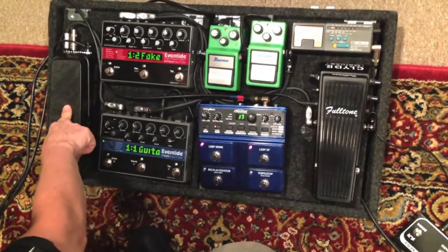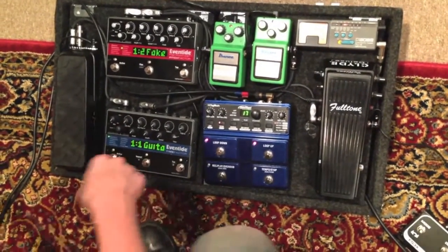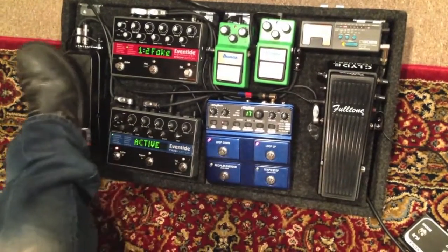The reason I put the volume pedal after the delay is because if I have this turned on and I want to do a...